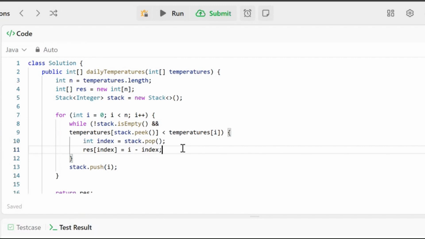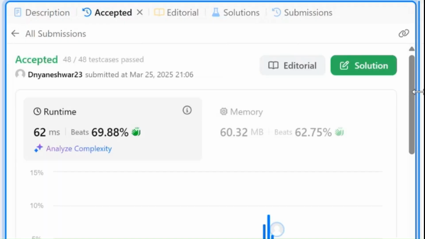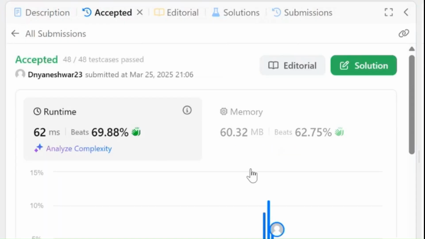So this is an optimized solution. Let's run it. You can see this solution is submitted successfully. Hope you understood the explanation and also understood the brute force approach and how we reached the optimized approach. Why did we choose the stack data structure and how did we come up with the optimized solution with O